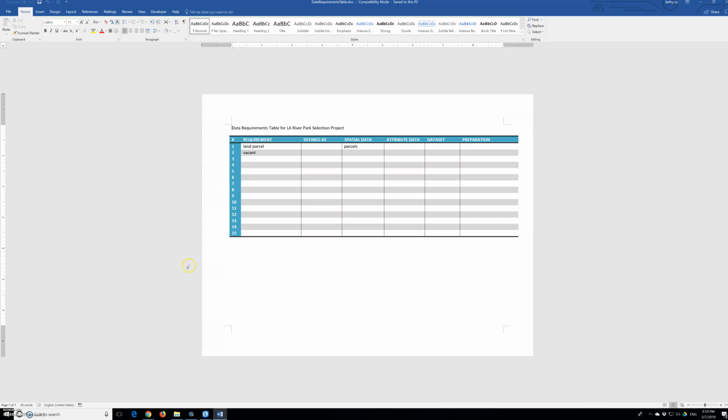So in this section, we will review the City Council guidelines, refer to park guidelines here under frame the problem, and describe in a general way the data needed to satisfy them. We will get to the specifics of choosing data sets later. The first guideline was to find a vacant piece of land at least 1/4 acre in size. We can break this down into 3 requirements. So land parcel, vacancy, and size. So now the requirement for a land parcel is already listed in the table. We need spatial data representing parcels so that we can see